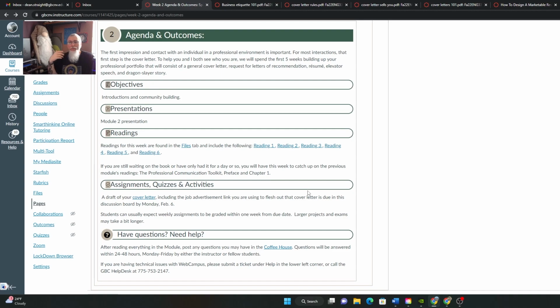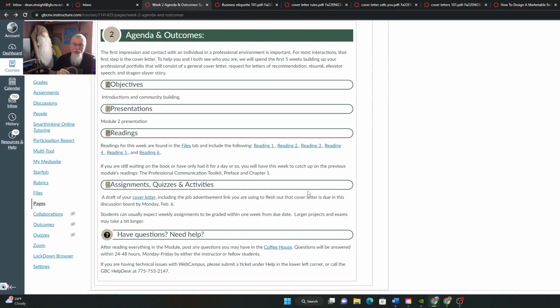Remember that while we're developing a professional portfolio, the real goal here is to be able to build a skill set. So you don't have to use your own stuff if you don't want to, and you can even elaborate or exaggerate or go in other directions. Personally, I would use this opportunity to take whatever you already have for your professional toolkit, your portfolio, and polish it up, and use this as an opportunity to really understand how all these things go together and continue to draft and revise and improve.